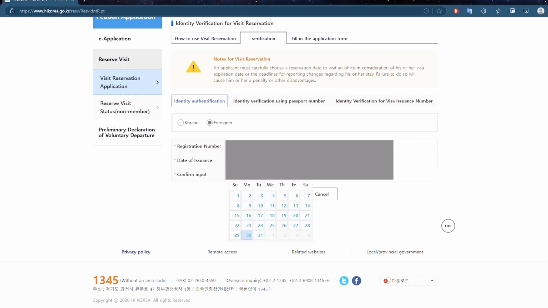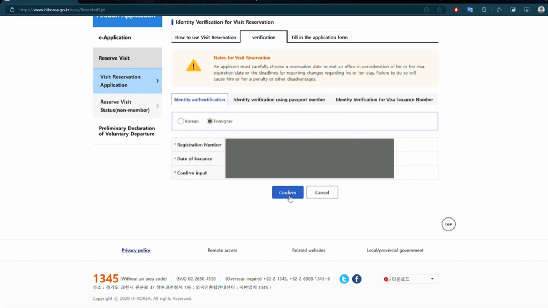In your alien residence card, your ARC card, there is a date of issue on the front side, bottom right corner. So you can select that date, then update the next column, confirm.